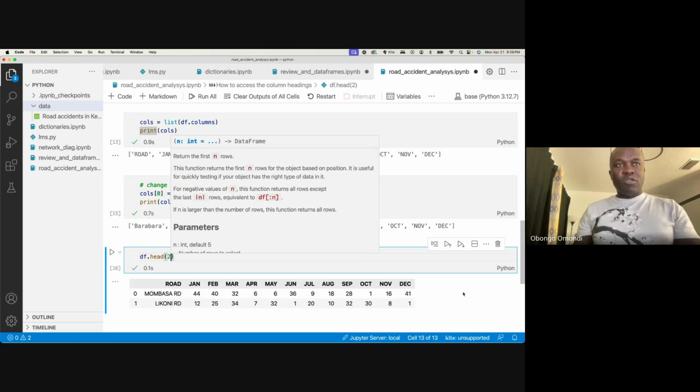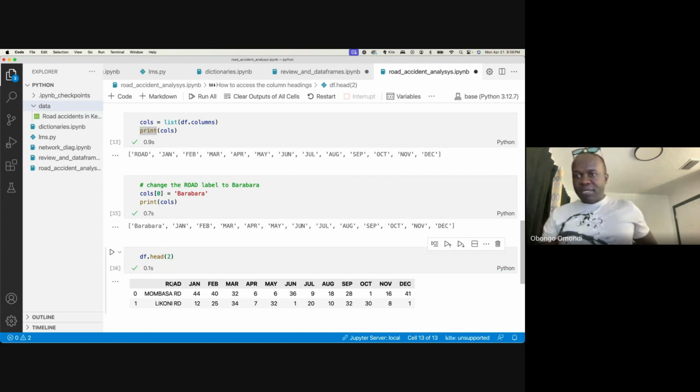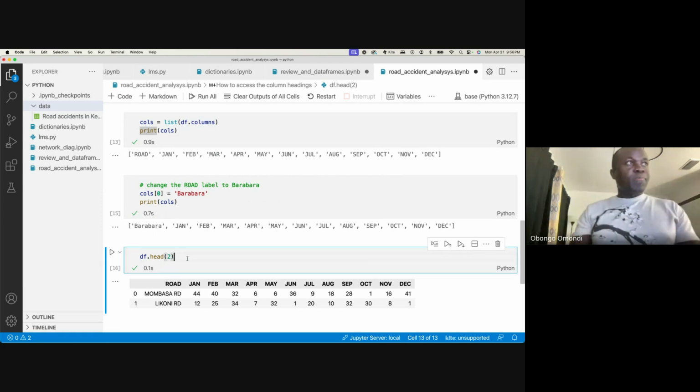I still have it as road. So something hasn't happened, right? Yeah, I haven't really assigned that value here. All I have done is created column values, but now I have to set the columns to the new names. Okay, so what I'm going to do here is I'm going to say,